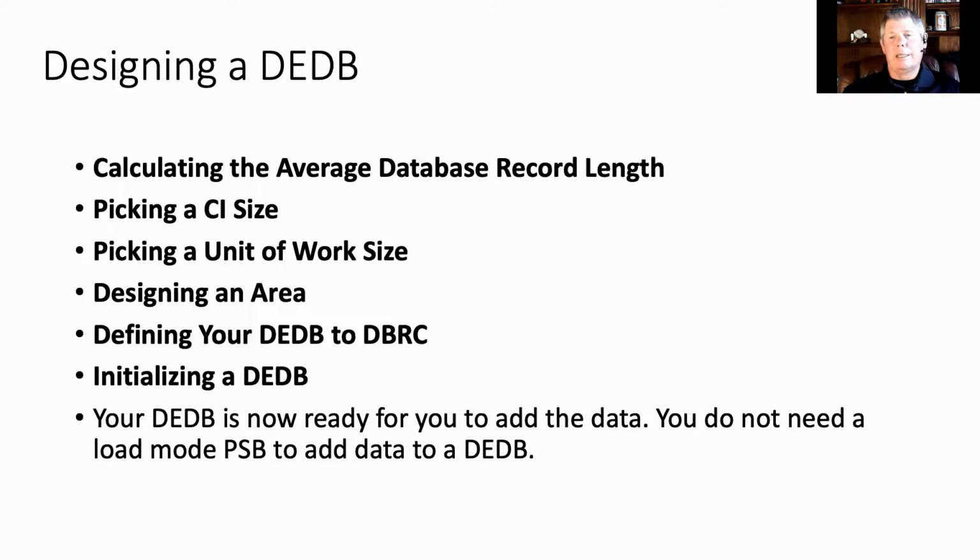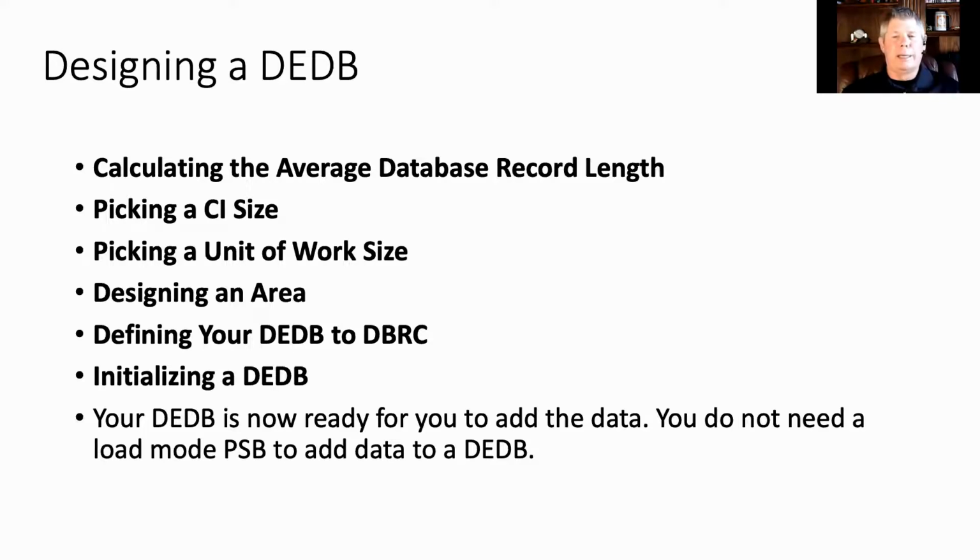IMS assigns independent overflow control intervals to base control intervals on an individual basis. And if you fill up the entire individual and independent overflow part, there is a way to expand it, and it's a good idea to define this to DBRC as well. So you must initialize your database before you can use it, and